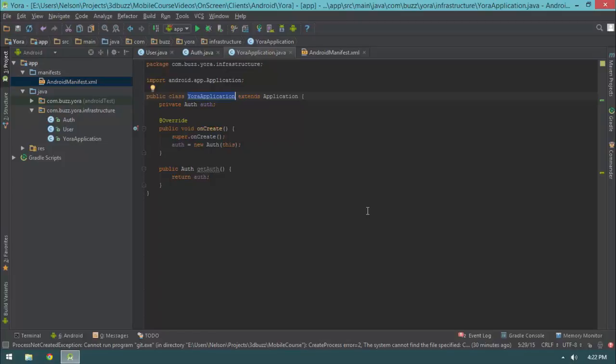I don't know if any of that came out very well. I hope it did. Okay, so what we're going to do is a little song and dance with the